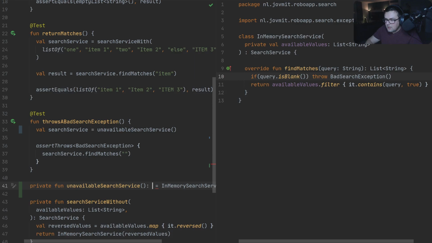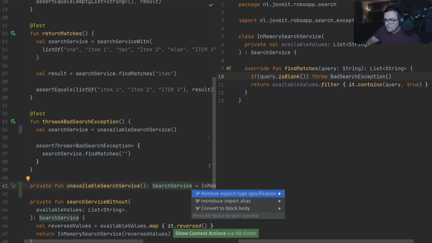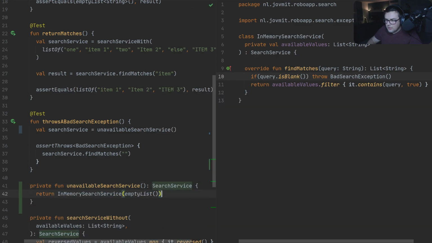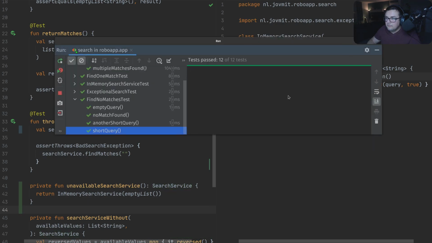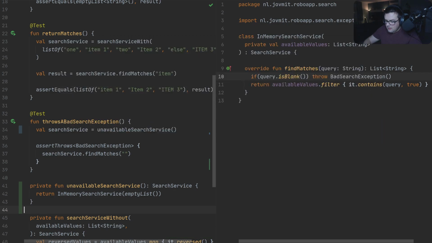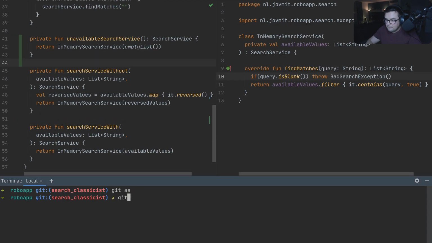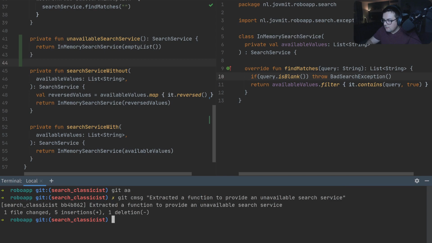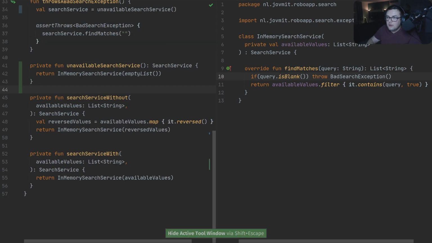And the same, I'll be explicit about the type and convert to block body. And that should still work. And let's check this in, and that's gonna be extracted a function to provide an unavailable search service. Okay,